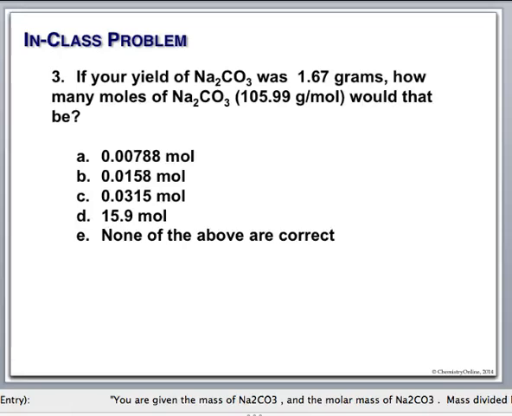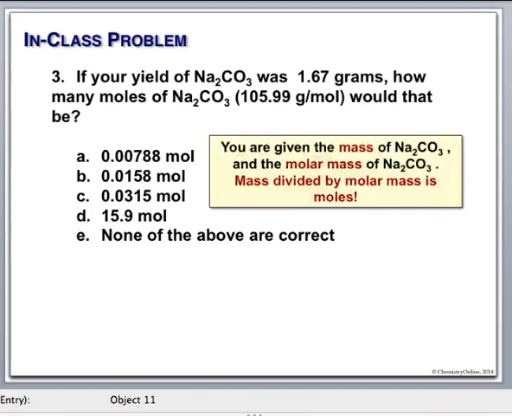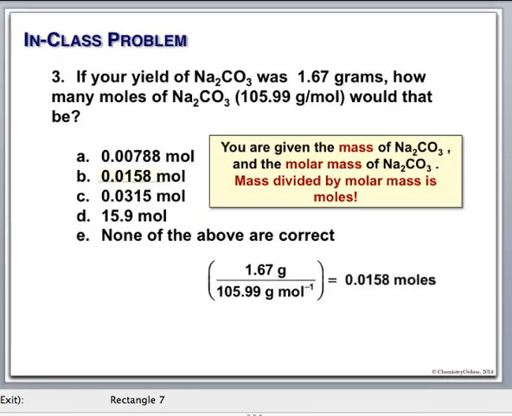Just like the previous one, what we want to do here is take mass divided by molar mass and get moles. Our mass here is 1.67. Our molar mass is 105. Simply do our division, and this gives you 0.0158 moles of sodium carbonate. Once again, simply mass divided by molar mass. Please chime in if you don't get any of this,